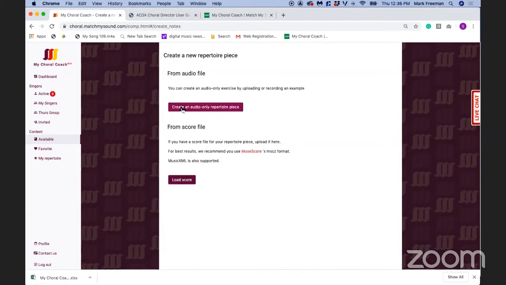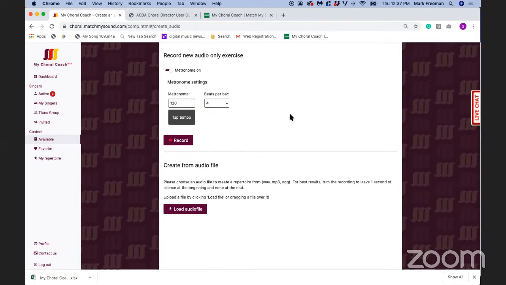And also on this feature, this is fantastic, and I think you all are going to love this. You can actually just click record, or first, you can set a metronome setting or turn it off. You can click record and sing something directly into your phone or your computer microphone, and it captures that audio file. And especially with mobile devices now, those microphones are pretty good. I mean, it's amazing how much they have perfected those. And so once you record, it saves it as that file, and then you can save that